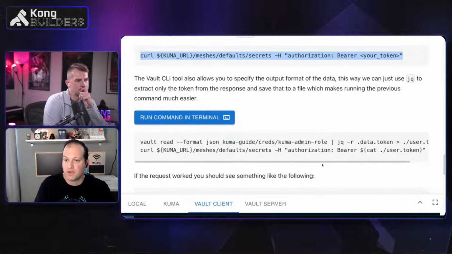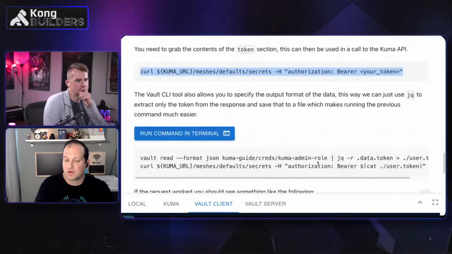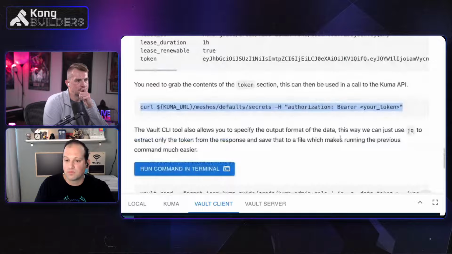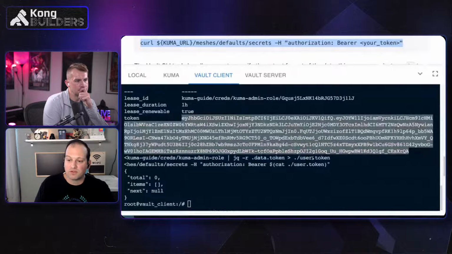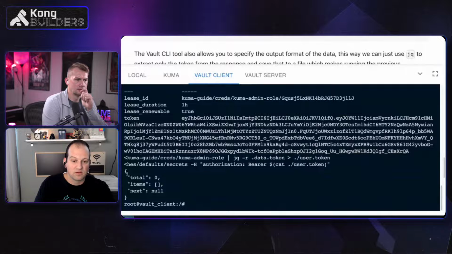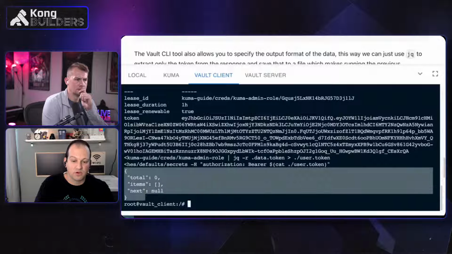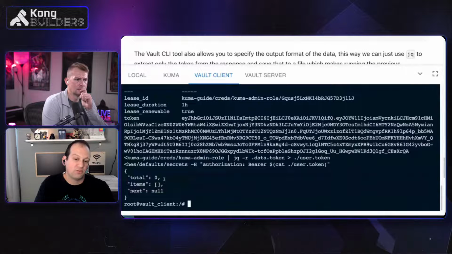You need to use this token as the bearer token to call the API. We can do that here, and you can see that we run that, write the token out, and then we put it into the bearer when we do a curl, and we get back a response from the Kuma control plane. On that specific secret we read that there are none, but we're hitting the control plane API with our token.